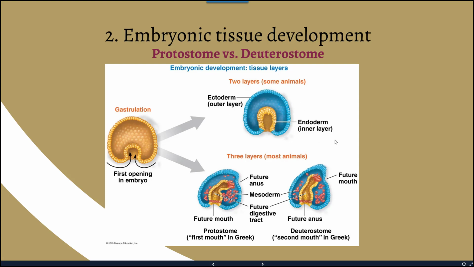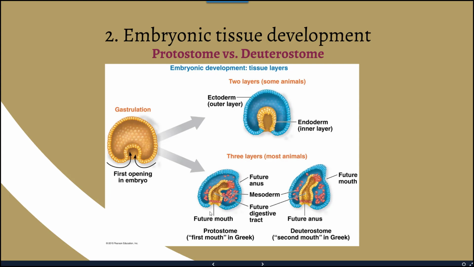So in some animals, such as in the top example here, there's an inner endoderm layer as well as an outer ectoderm layer. It's going to be quite simplistic here, and pretty straightforward in terms of what is developing in that kind of pore. So these two layers for some animals are going to be just kind of simplistic.